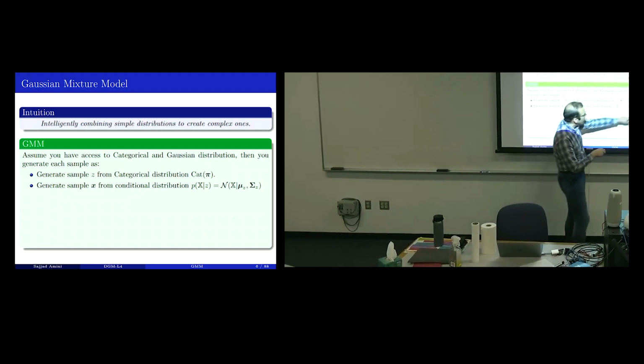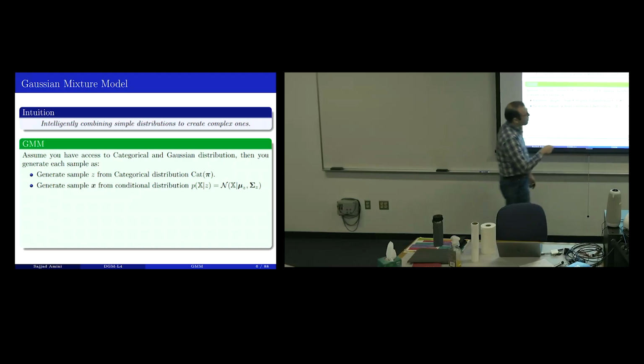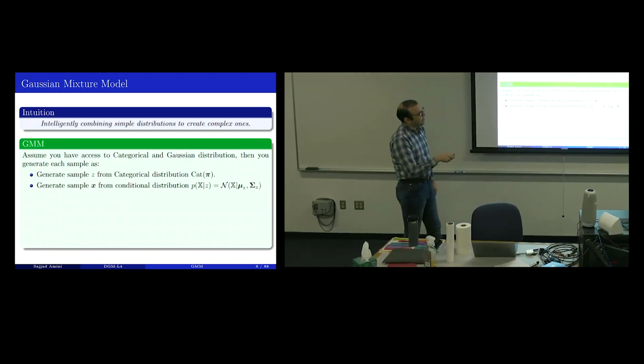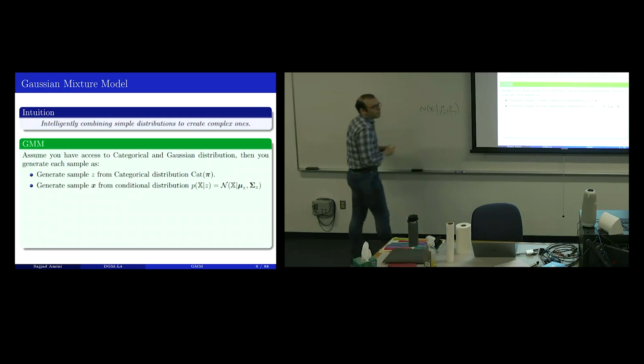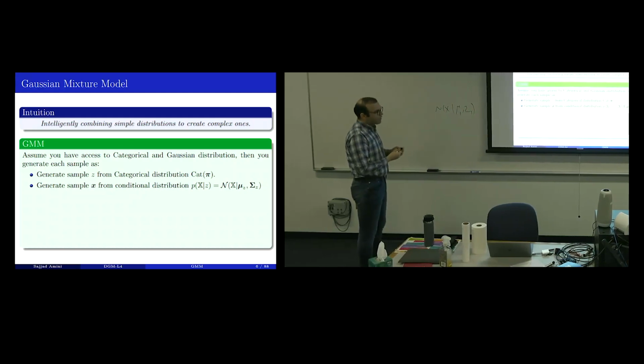This is not very complex notation. This says that if you look at the Z selected, if the Z selected is 1, it means that you are generating samples using the normal distribution over the data with this mean and this covariance matrix. This is the way I create my